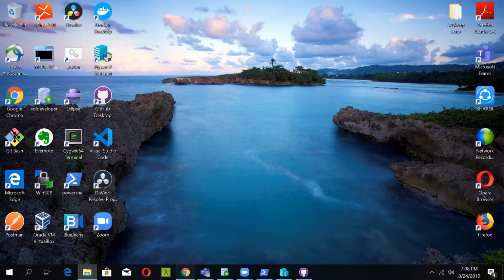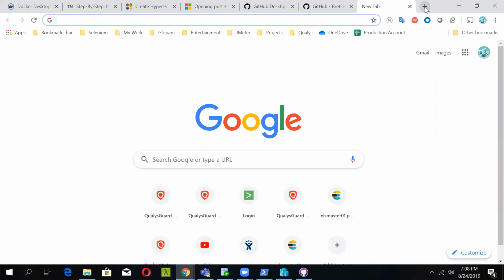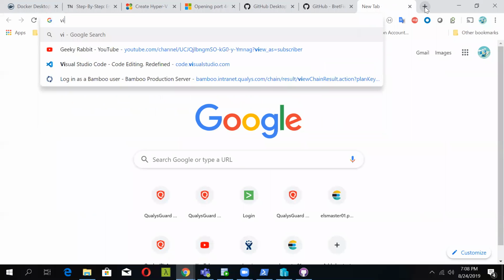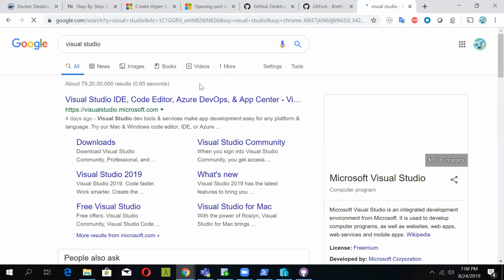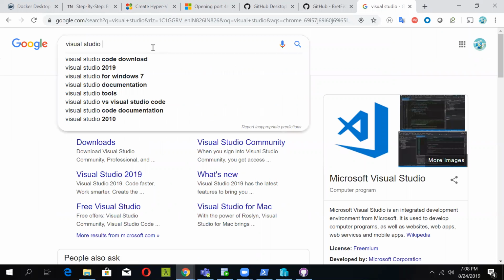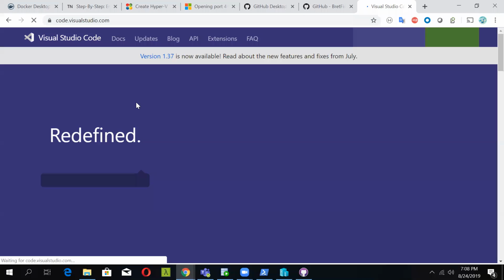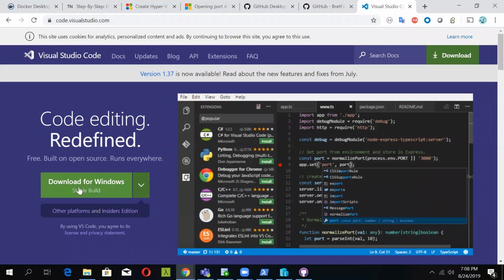So if you want to check, just type in Visual Studio Code, and you will get the binaries for it from here. You can download it and install it, and it will look something like this. And there is one more, that is the